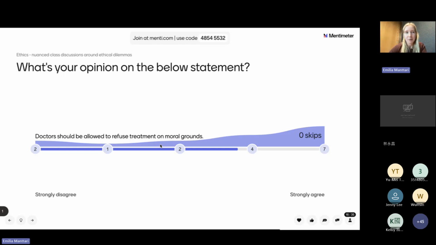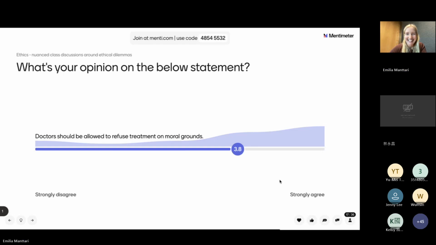So we could ask, for example, okay, those people that say strongly disagree, why might they say so? Or we could ask one student to explain both perspectives. So, for example, if I asked one student to share, why do some people think this way and some people this way? Do we know why this one is more popular perspective in this group, and so on? So really starting a really nuanced conversation based on the responses that we get.